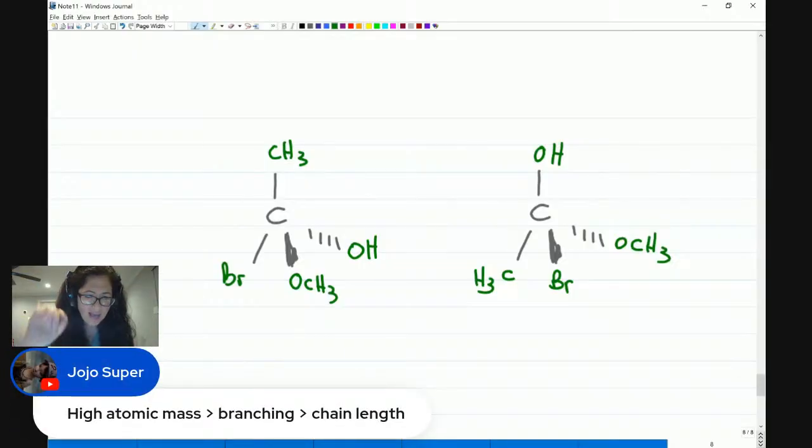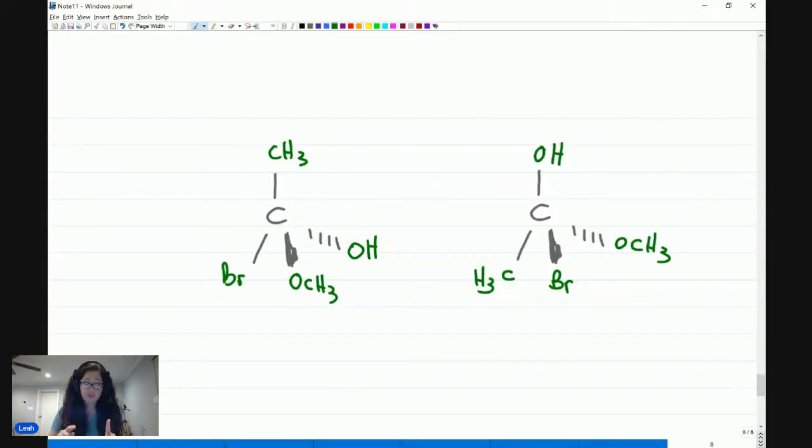First, going back: high atomic mass, branching, chain length. Yes, branching with the same substituents, and that is the shortcut. You could always default to the proper way, where you literally go atom, atom, atom, atom, cross, cross, atom, cross, atom, cross. The R and S method is the way to do it. But